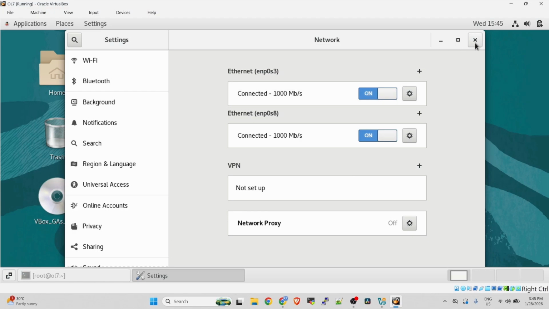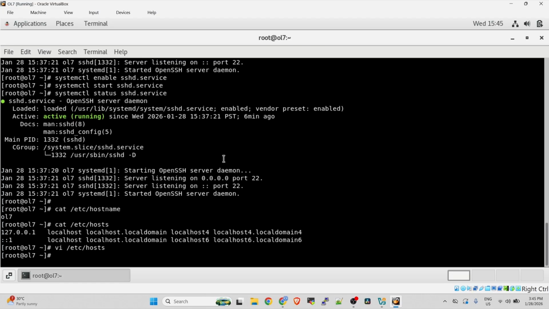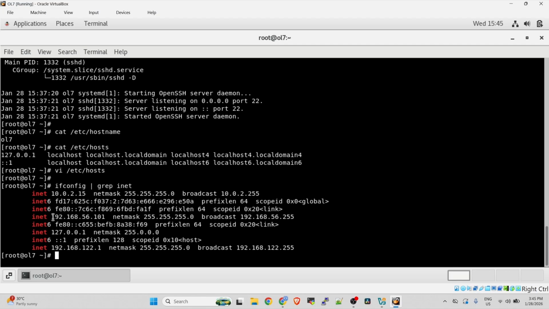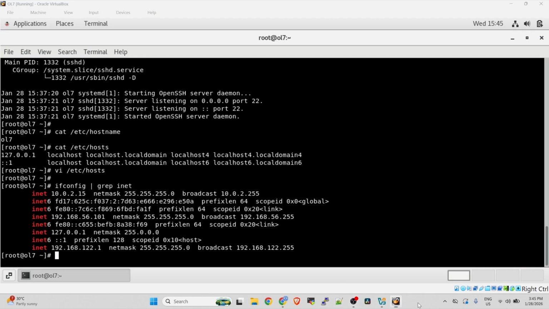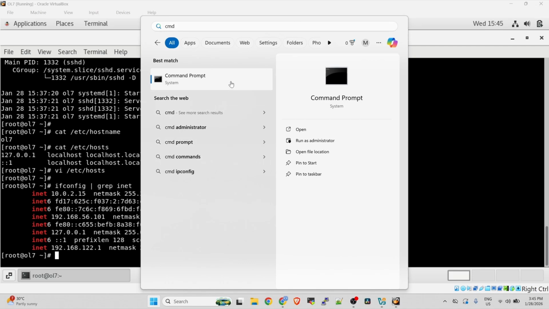So if we restart our operating system, it should be enabled both of them. And then if we go ahead and check ifconfig, we can see that the IP is now reflected here.